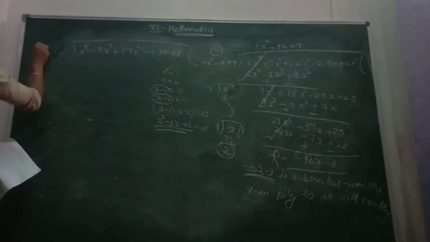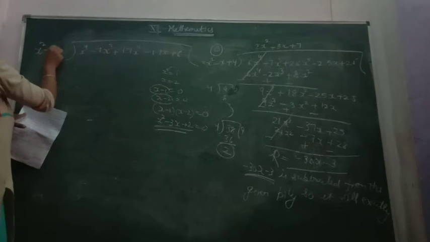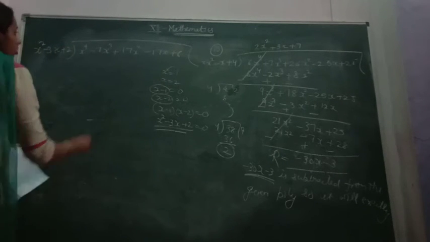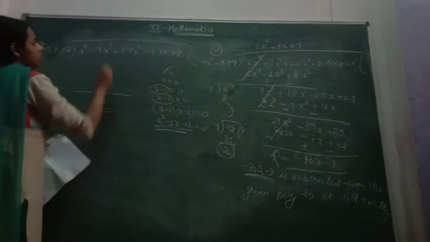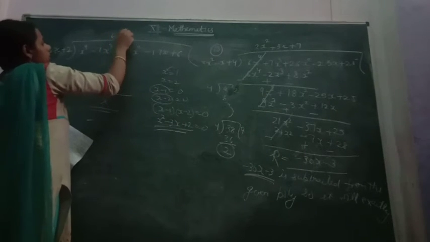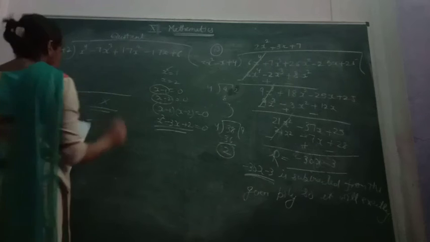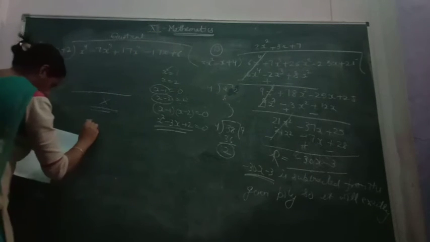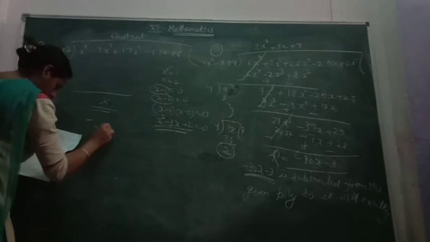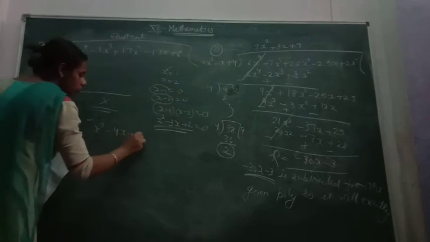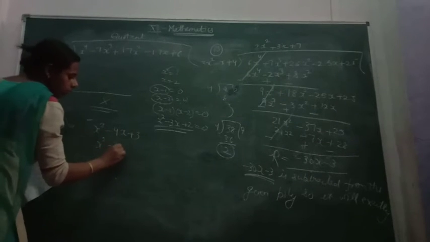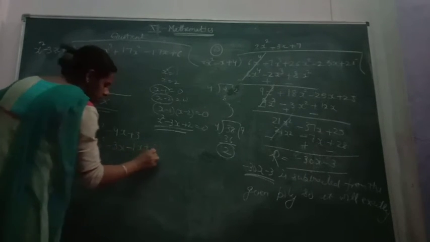Okay, you will have x square minus 3x plus 2. Okay, when you are just going to divide it, your remainder will be 0 and the quotient you will get here, you can check, your quotient will be x square minus 4x plus 3. Your quotient will be this. And then you have to make the factor of it, that will be 3x minus 1x plus 3.